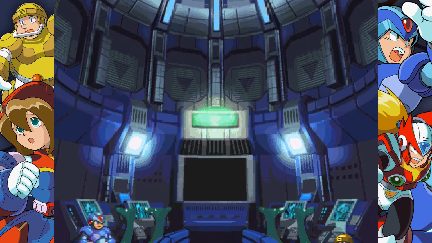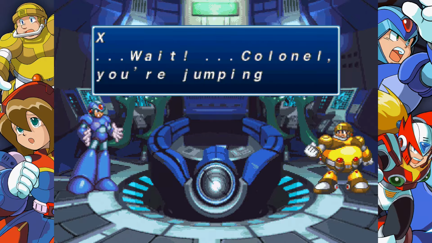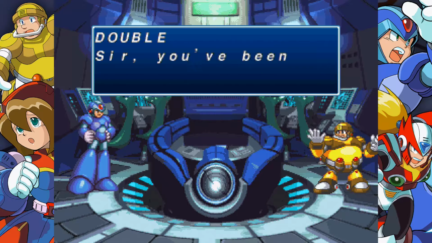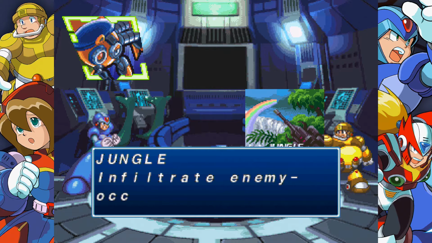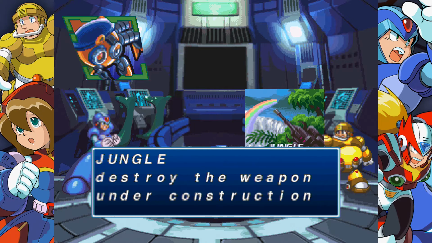So, yeah, that's it. Now, we're here at the stage select, and we're introduced to Double, who is X's operator in this playthrough. And he's a character unique to X's playthrough. You don't run into him at all as Zero. So that's interesting. So, yeah, we have a bunch of new Mavericks, quite a bit to fight, and this time they're